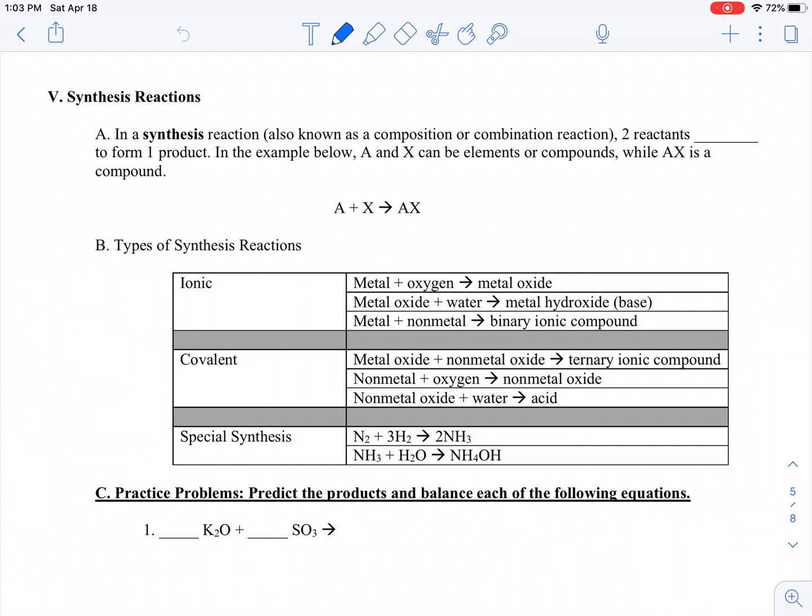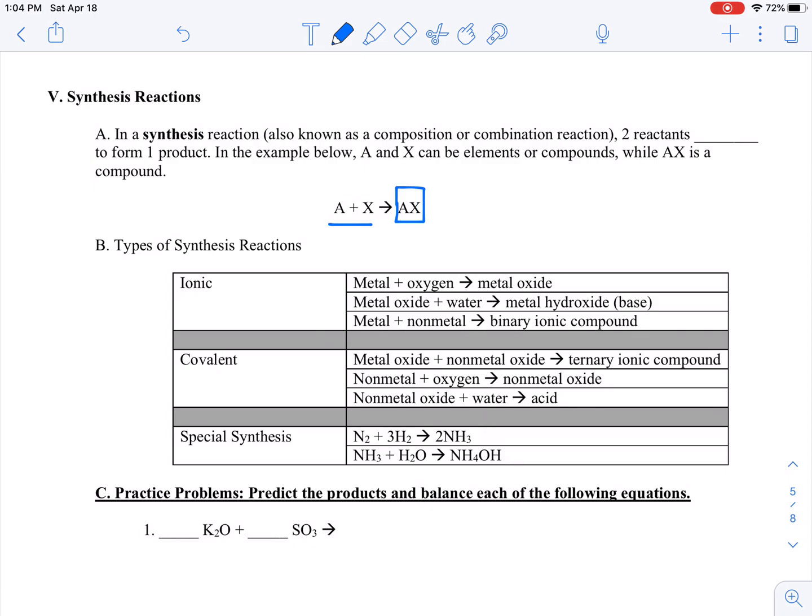Hey everybody, let's talk about synthesis reactions, also known as a composition or a combination reaction. This is a reaction where we're going to take two different things and combine them into one compound. You'll notice that all of these types of reactions finish with just a single compound on the product side. Now, this box that you see in front of you,